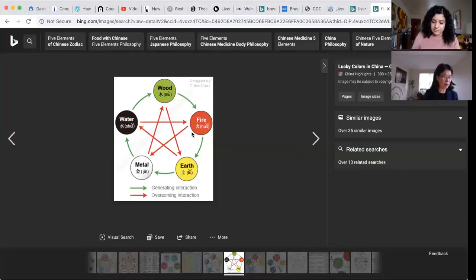And the liver opens into the eyes. So the eyes are the orifice of the liver. So with some problem of the eyes, you always think about the liver. The tendons, the fingernails or toenails are related with the liver. If you notice my fingernails have a lot of ridges, and the color does not look good, and they're easy to become brittle, it's related with the liver. Your liver blood is not good. You need to think about the treatment from the Chinese medicine perspective. You need to think about the liver, nourishing liver blood,